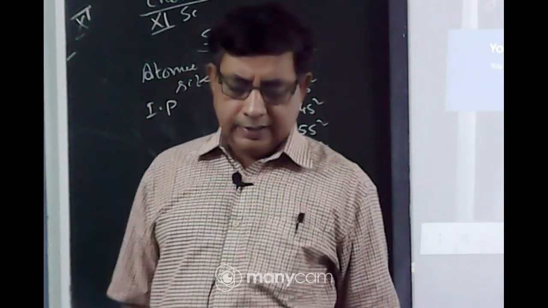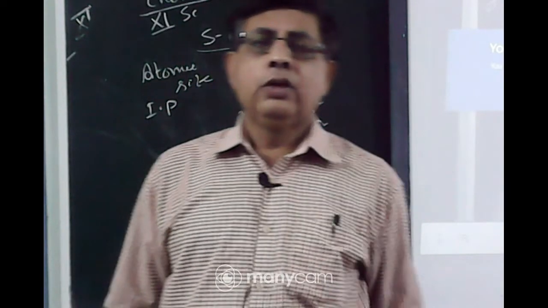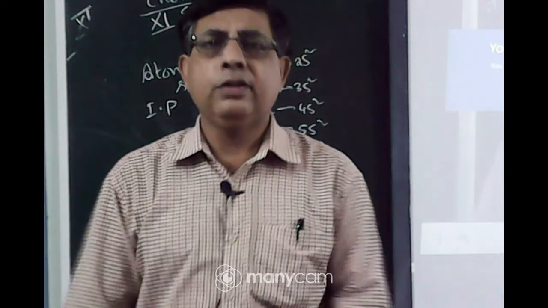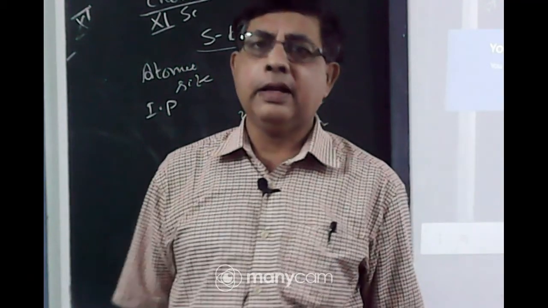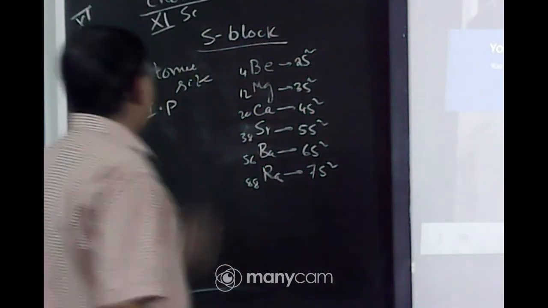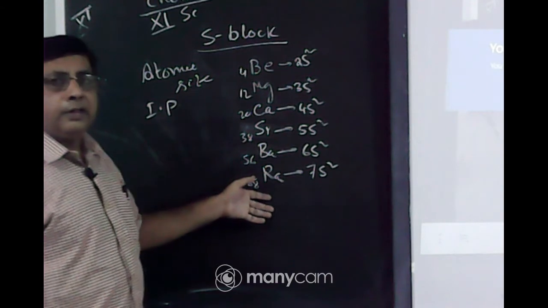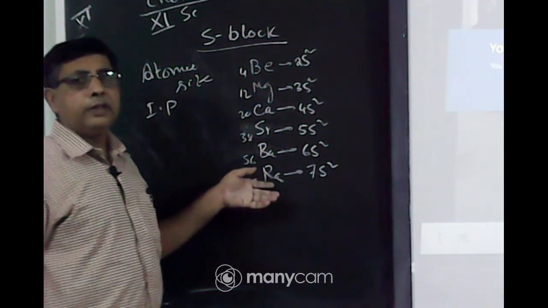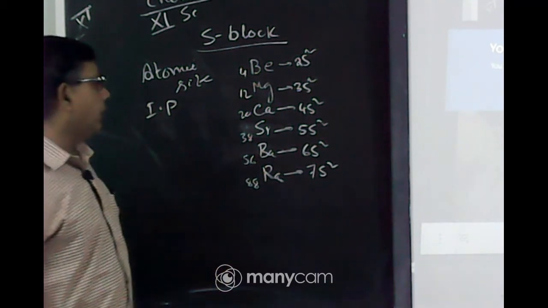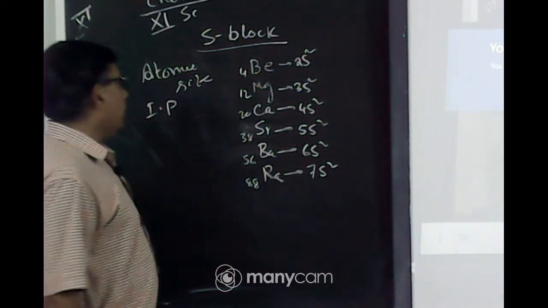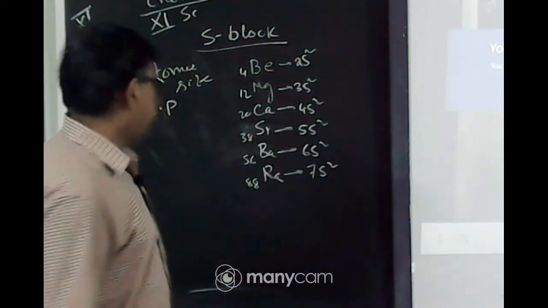Besides, the ns2 electronic configuration is a fully filled subshell. So, due to the fully filled subshell and greater nuclear charge, the IP value of alkaline earth metals will be more than alkali metals. IP value also decreases down the group. Down the group atomic radius increases, and due to greater shielding or screening effect, nuclear charge does not increase so much, so IP value decreases down the group. So, beryllium has the maximum IP value and radium has the minimum IP value.